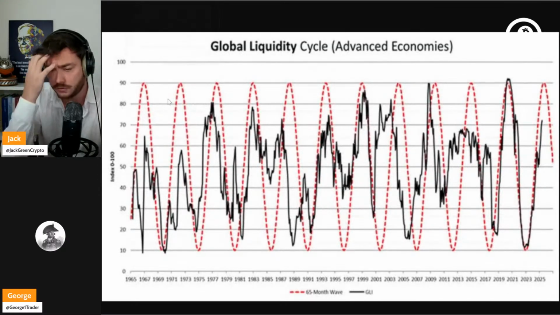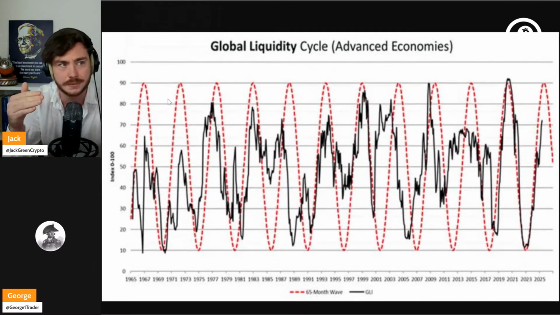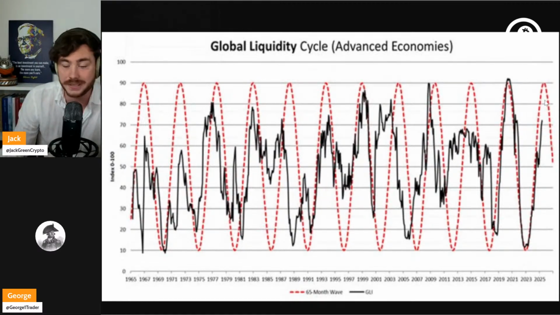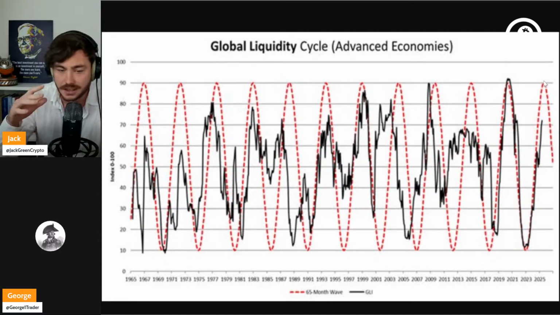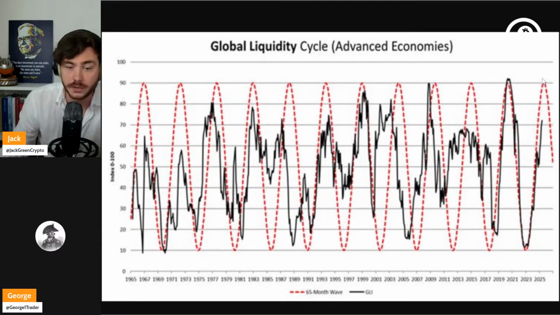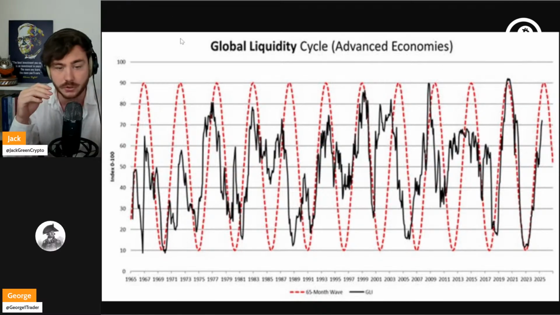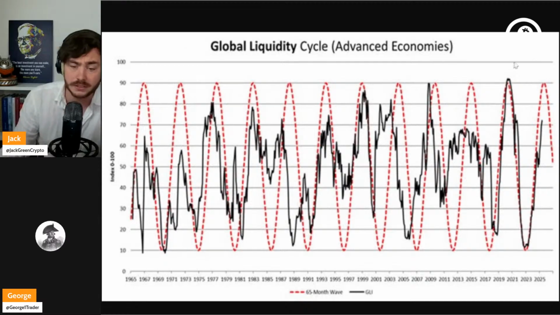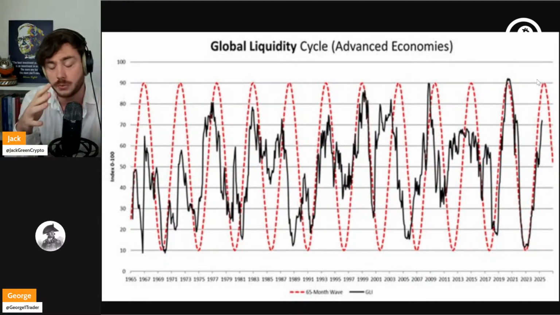If you want to know, like George said, is the Bitcoin top in? I think so. According to the global liquidity cycle, the Bitcoin top will be in January. So in January 2026, this is normally when the global liquidity cycle will top out. And I think this will align with the Bitcoin top as well. Of course, you never know. But when it's January, when the global liquidity cycle is topping out, then I will reevaluate my decision.